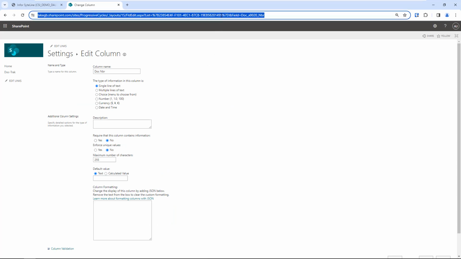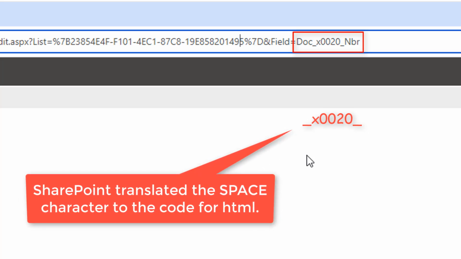Now, on the end of the web address, I'm going to look for field equals, and everything after that is my SharePoint column. In this case, it's just like the way it appears on the page, except instead of a space, it substitutes these characters. That's because the space is not a good character to use in a web address. So SharePoint translated it to include the code for that character instead of the character itself. I'll copy the text for the column heading,